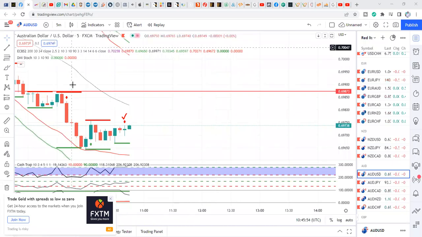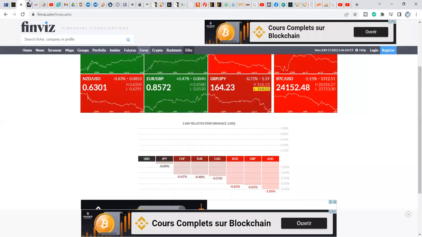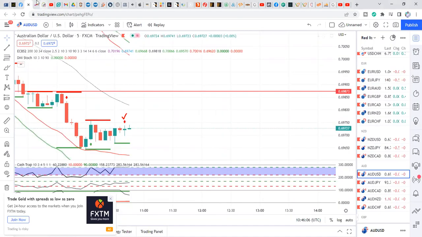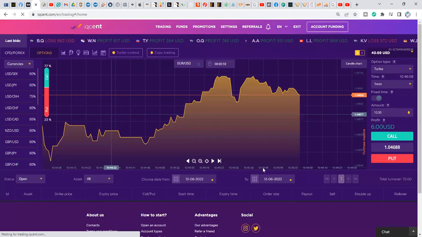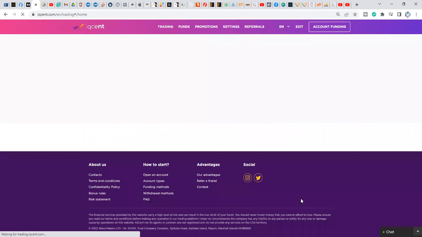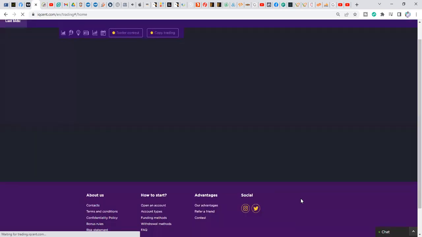All right. So this tutorial is to quickly show us how to use the rollover option on IQcent or race option. All right. So the first thing you want to do is when you refresh your browser or you refresh your broker, when you come on your broker, the first thing you want to do is make sure